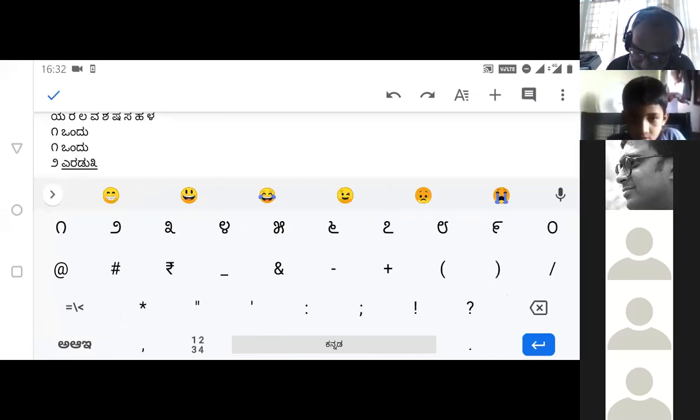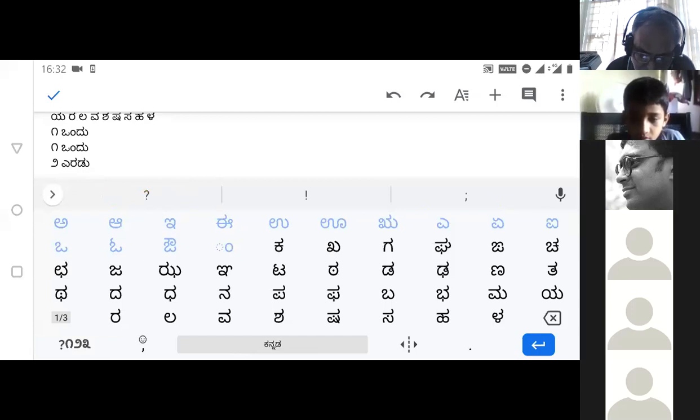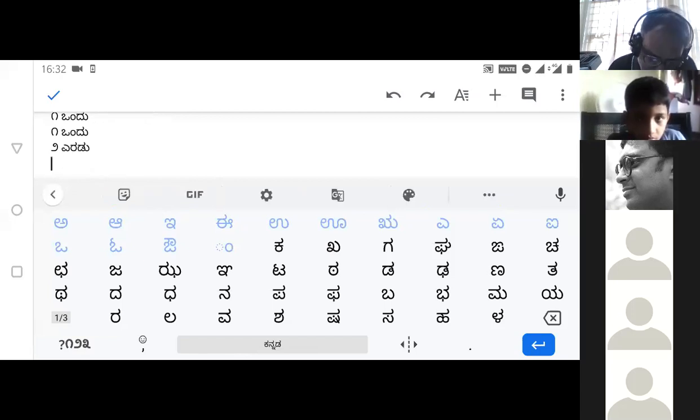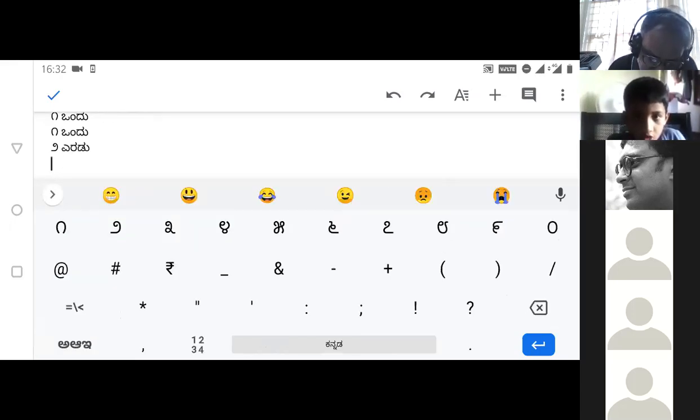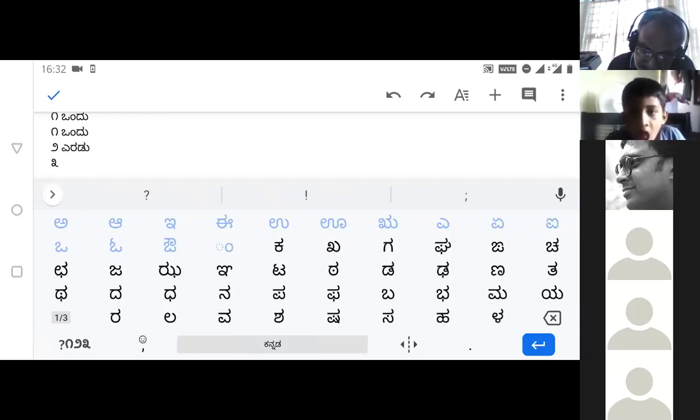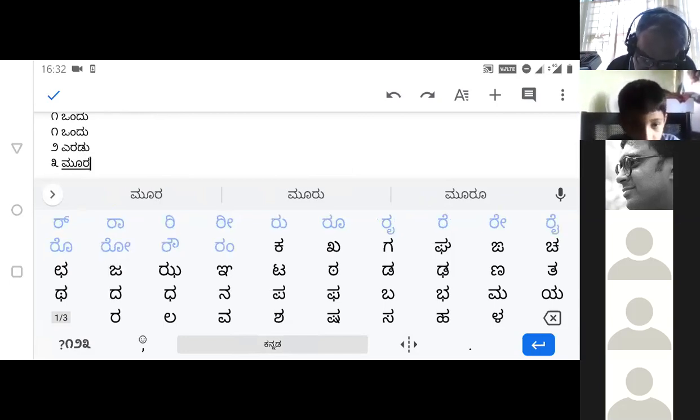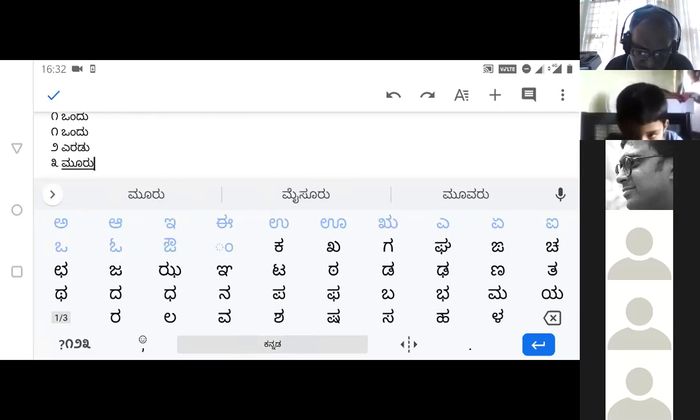Oh, I made a mistake. Three in Kannada is Muru. Make it Mu, Ra, Ru. It's going to end in a minute, the meeting.